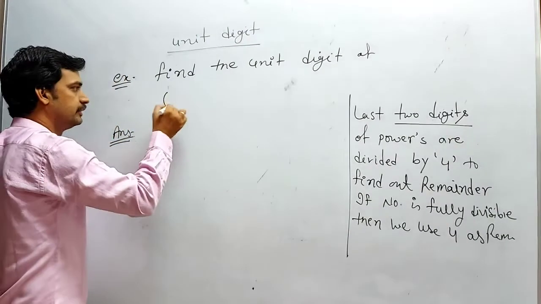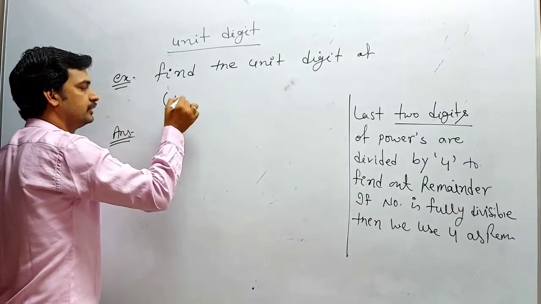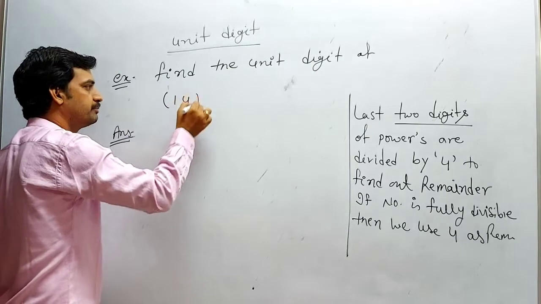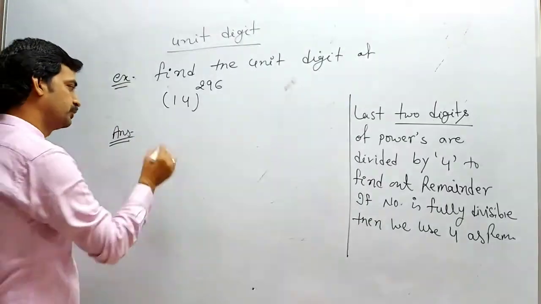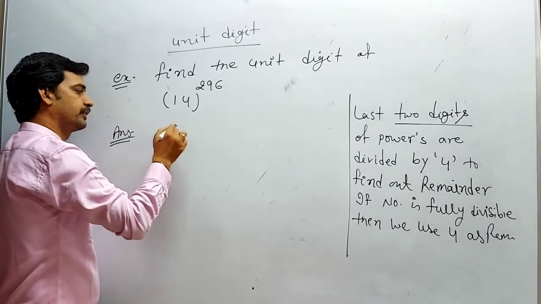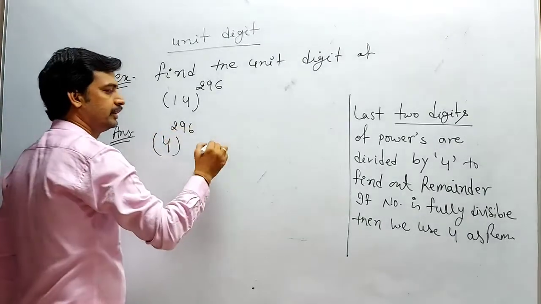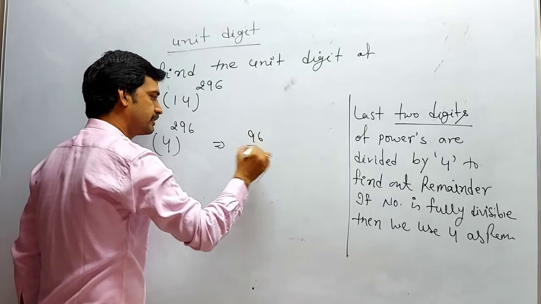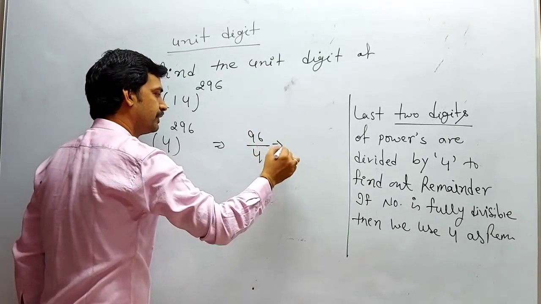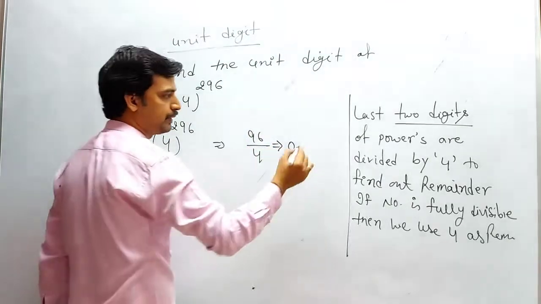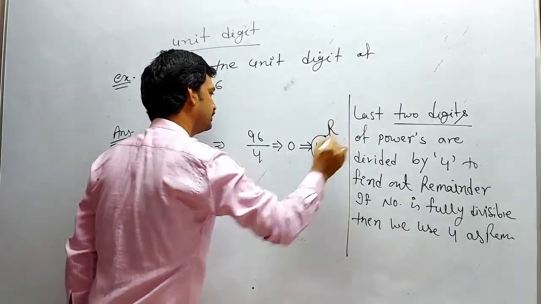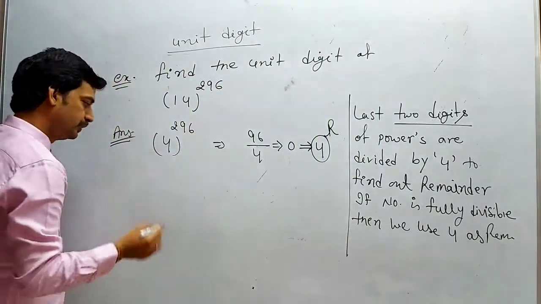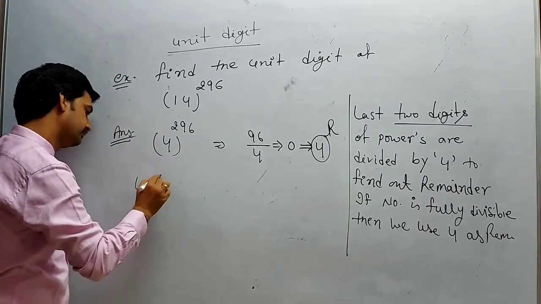Like 14 power 296. Clear? So 14 means what? 4 raised to 296. The last two digits are 96, divisible by 4. When we divide, we will get 0. It is fully divisible, but in place of 0, what do we use? 4 as the remainder. Clear? So the unit digit would be